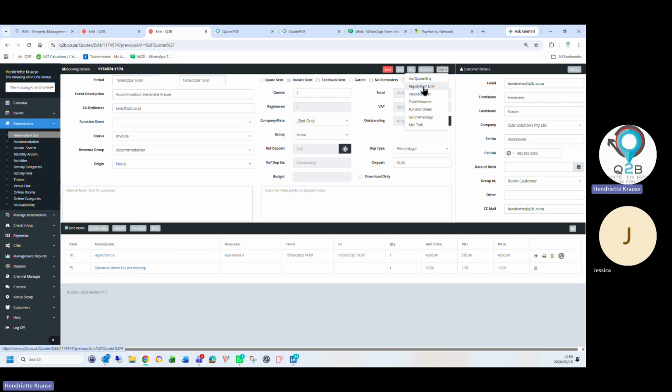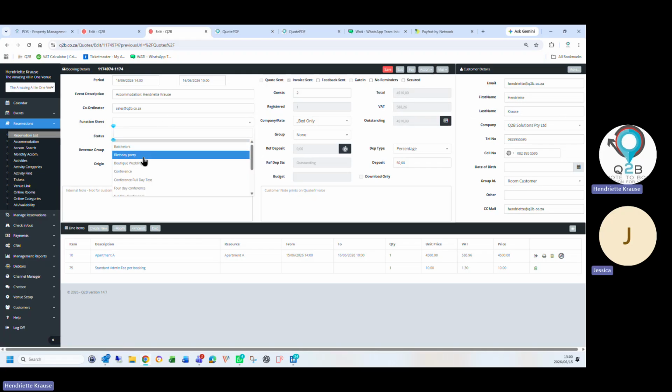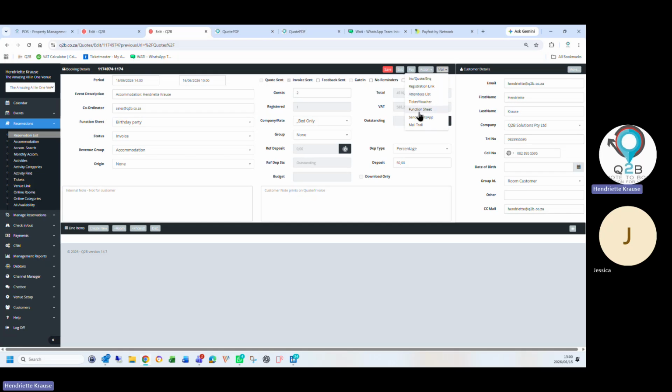So everybody attending that function can RSVP, and the RSVP comes in, and that allows you to have a full guest list before the event even starts. Then if you want to mail the attendees list to the organizer, we also deal with tickets and vouchers. If you want to mail the function sheet to the customer that you've selected here, they can complete the function sheet online.